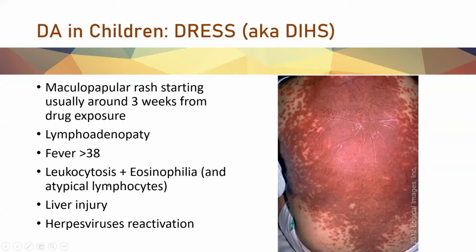We have to do blood tests in this patient because we might find support for the diagnosis. So leukocytosis, eosinophilia might be present. On the smear, you can find atypical lymphocytes. There is liver injury, and there is a very interesting phenomenon, which is the reactivation of herpes viruses, which is thought to be caused by the stimulation of lymphocytes. So they do expand and they do release the dormant herpes viruses. And this might be part then of the clinical phenotype. So this is very important to recognize. This patient has a prognosis which is severe many times, if not adequately treated.